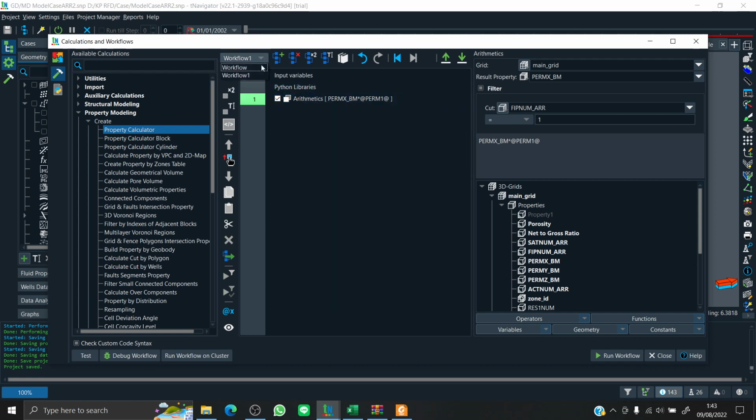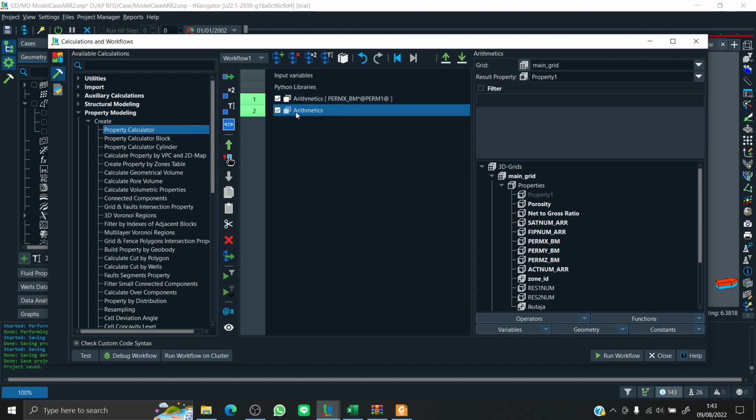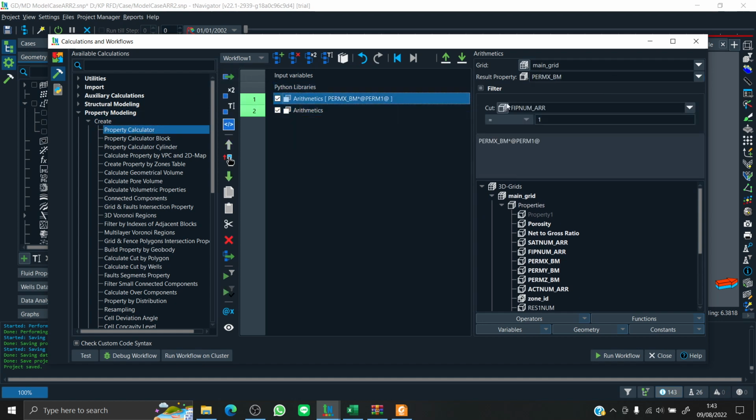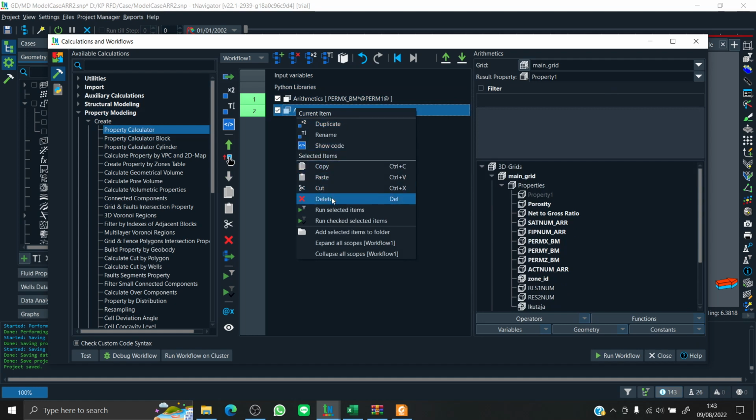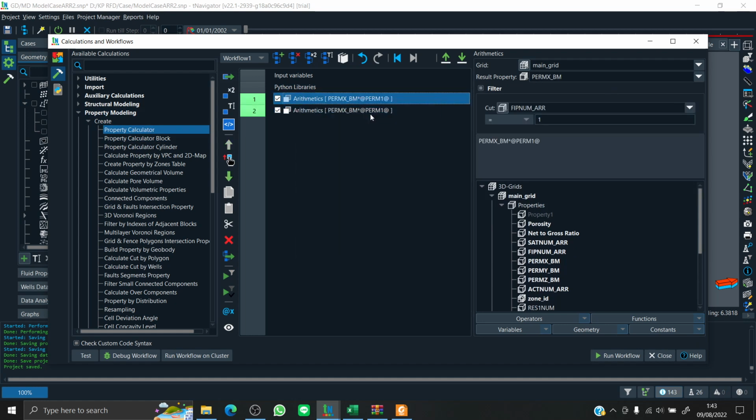basically we will do it for all permeabilities. So I'm just gonna add, this is for the Y permeability, just gonna do the same. You can add from here and press this button again. Okay, here's how you delete a workflow, and you can duplicate. Okay, but now the result property is perm_y. So perm_y is equal to the original perm_y times our permeability multiplier variable. Okay, this is our second workflow.